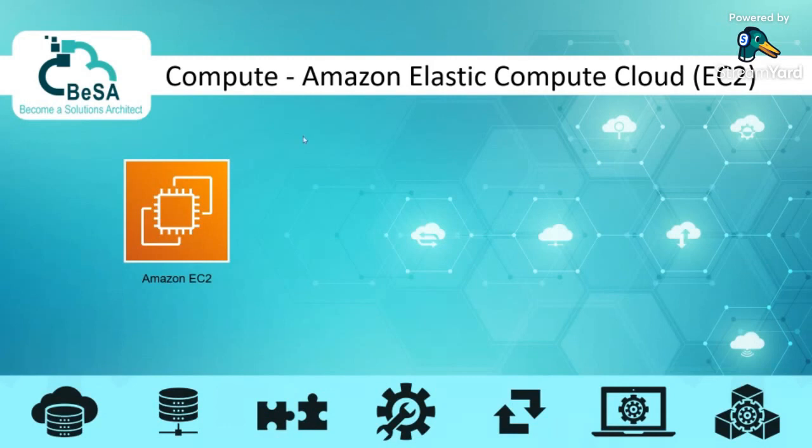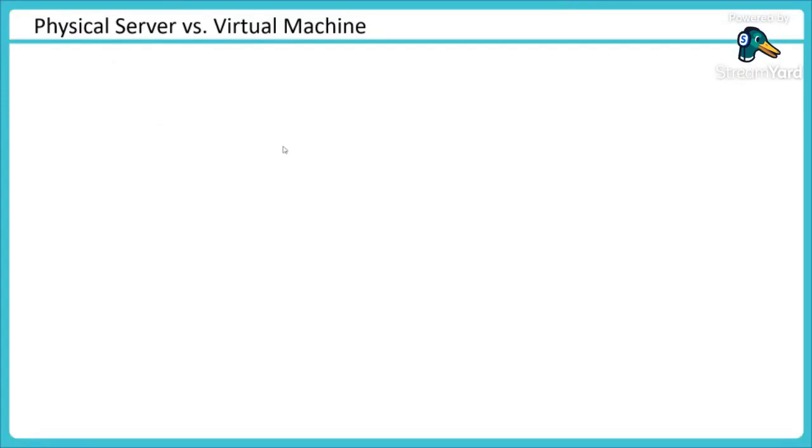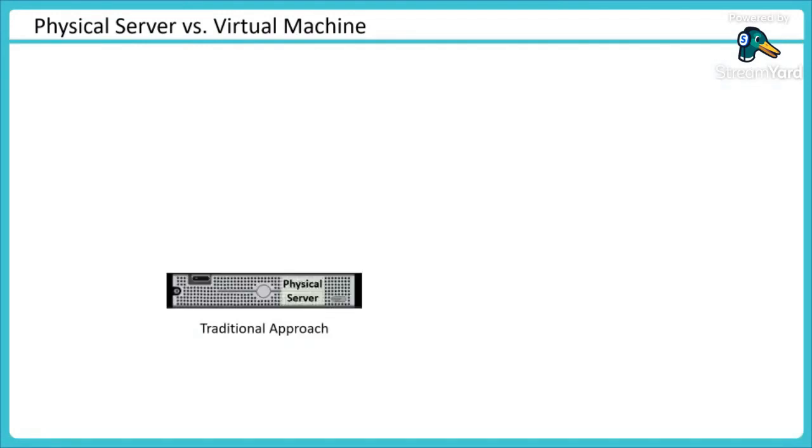So let me take a little step back and talk about how compute was done initially. What was the traditional approach we had? In the traditional approach of servers, we would have a physical server. You name the vendor, Dell, IBM, HP, it could be anyone, and those vendors would give you the compute power. Once you have this physical hardware in your data center, racked and stacked, you